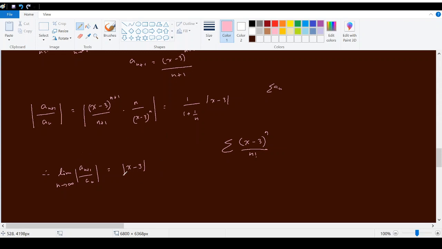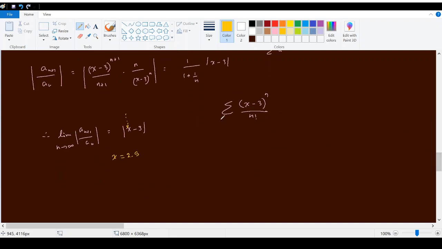But here, as we have a variable for x, we cannot determine directly whether this term is less than 1 or whether it is greater than 1, right? Because of this variable. Now say for example, let's have 2.5, right? If we use 2.5 for x, then this term will be